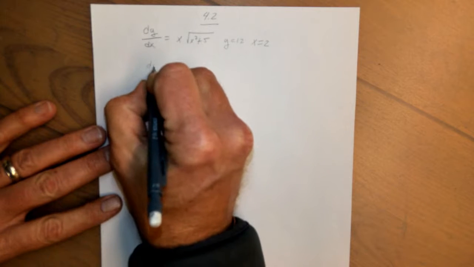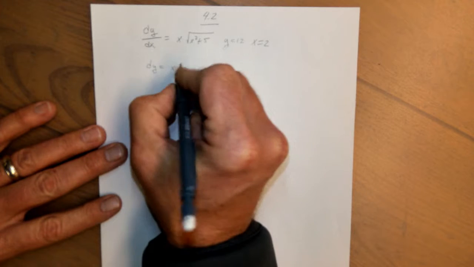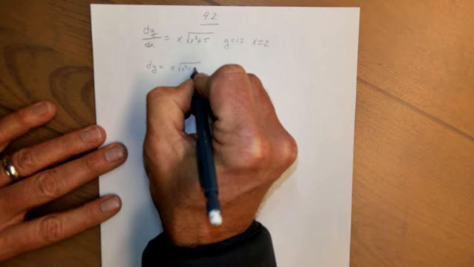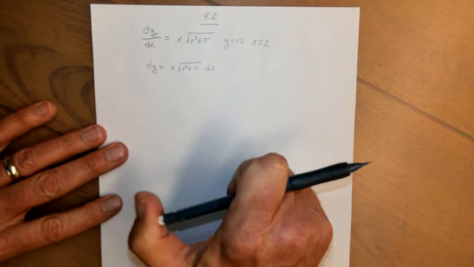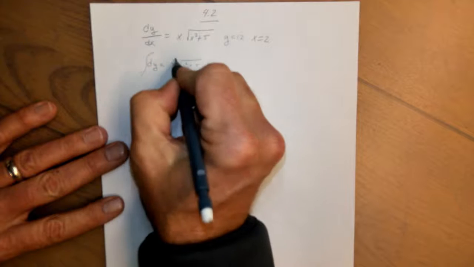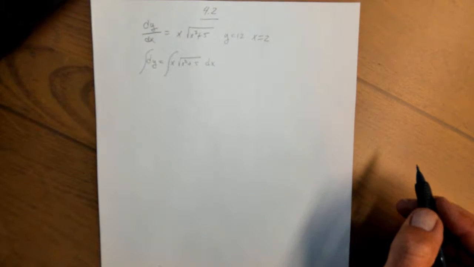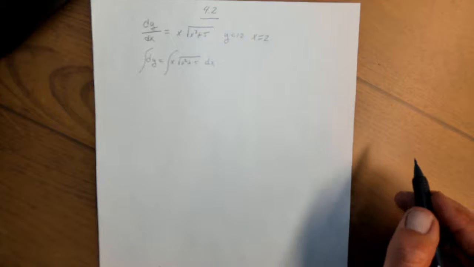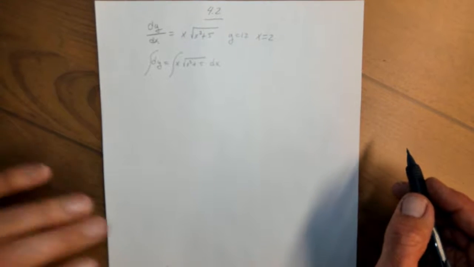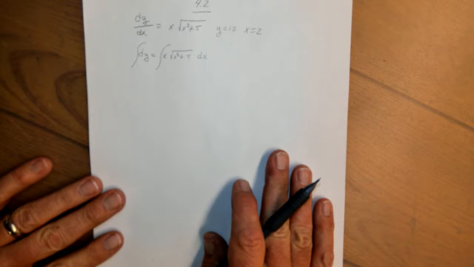So a little manipulation leaves us with dy equals x times the square root of x squared plus 5 dx. And then from here, we will take the antiderivative of both sides. Let me clear that up a little bit there. And then on the right side, where we're going to take the antiderivative, we're going to need to do some